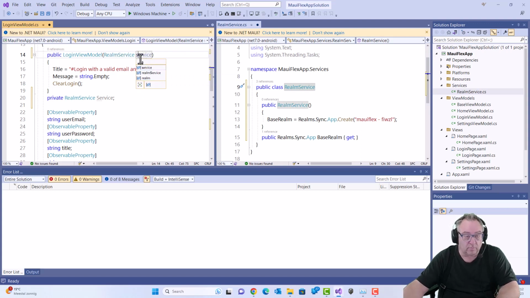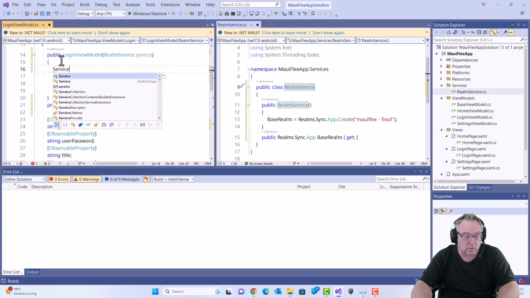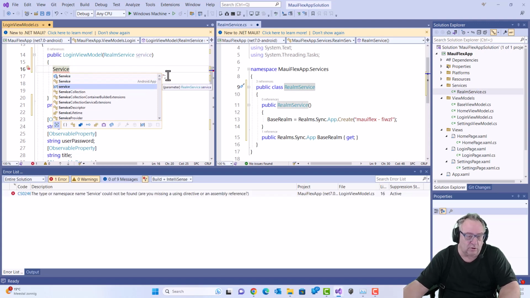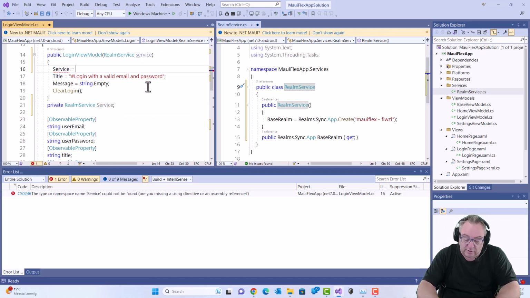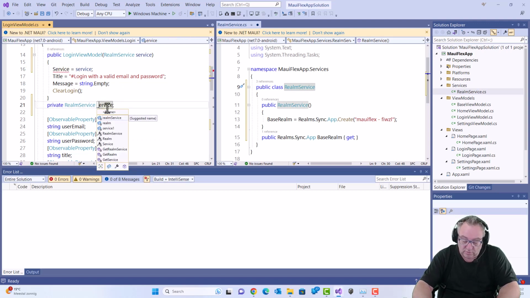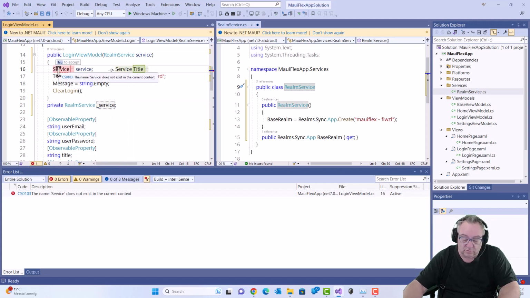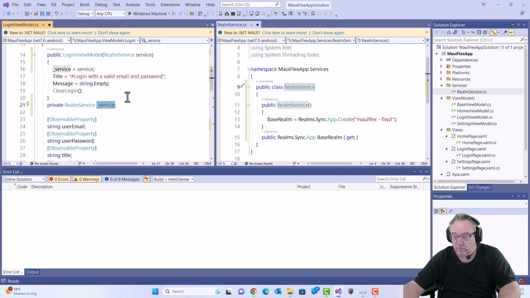Okay, and now we have a service called realm service, right? Oh, just called service. Okay, yeah. Is a service. And to follow it even better, because it's private, this should be a small underscore, just to make sure that we can recognize this everywhere. So now we have a service with a base realm, because it's created over here. Now it's being injected, so it has to be in the builder service. Okay, so realm service